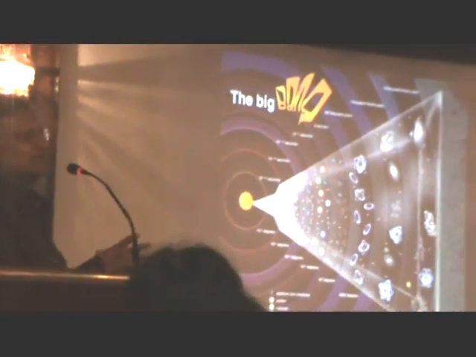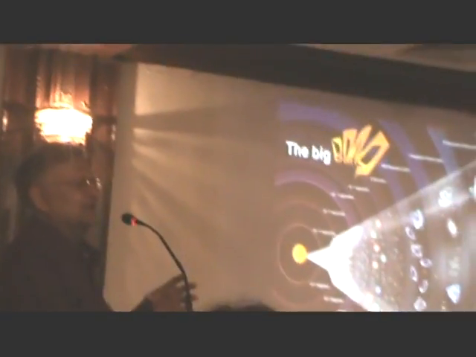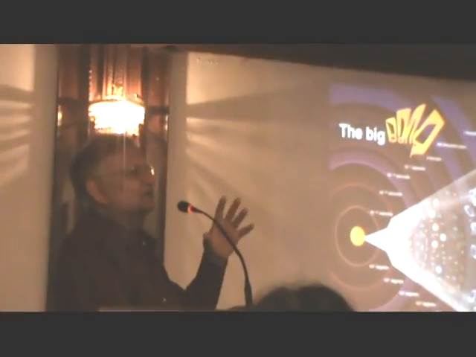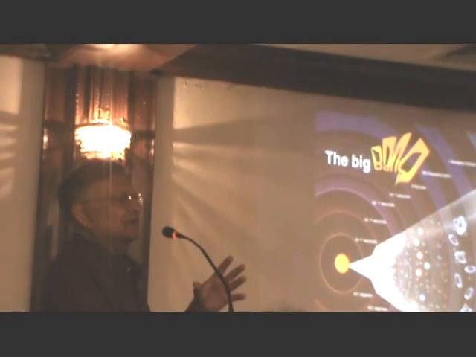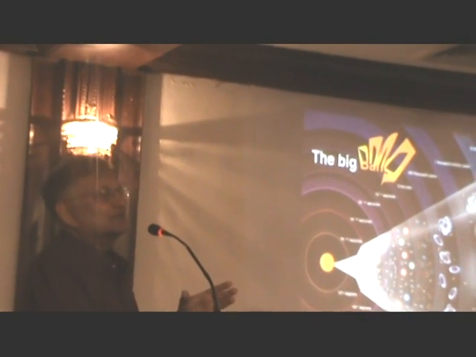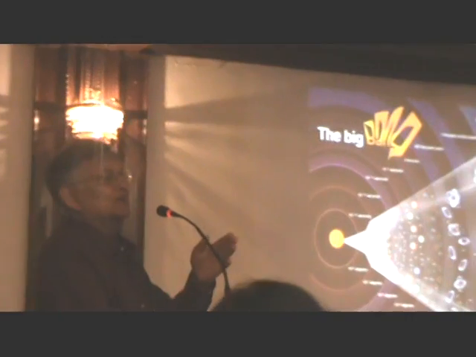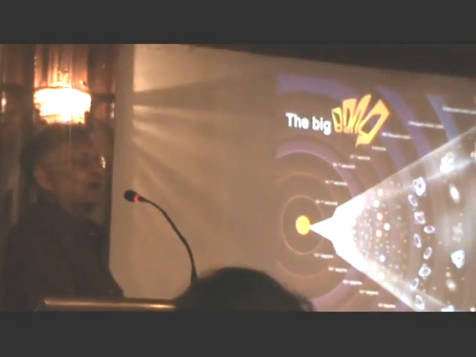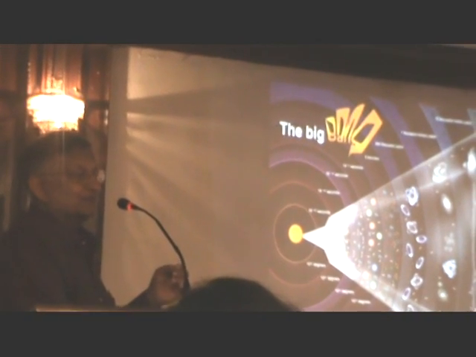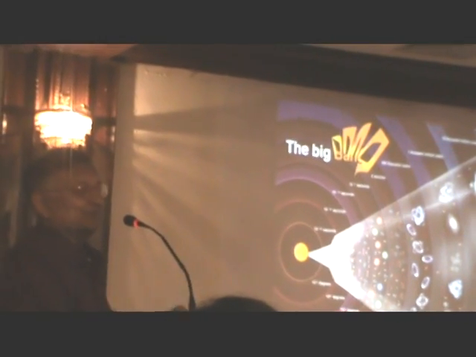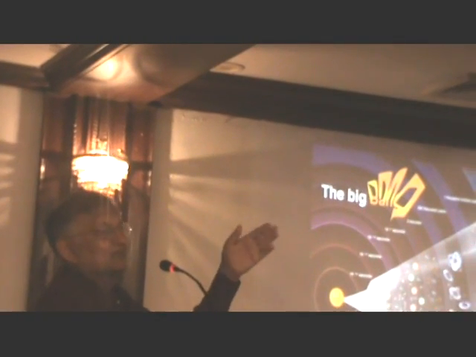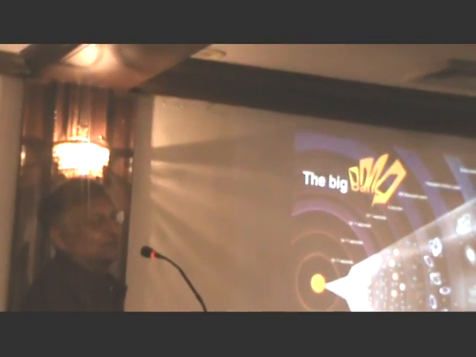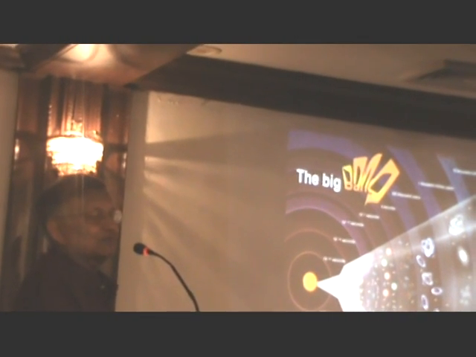Our own solar system is about 6 billion years old, and Earth is about 5.5 billion years. Life as we know it appeared most likely about 2 billion years ago. About 600 million years ago, again we switched from billion to million, life appeared profusely on Earth. The atmosphere became rich with oxygen, plants appeared, animals appeared, etc. And as we come forward in time, humans evolved about 2 million years ago.